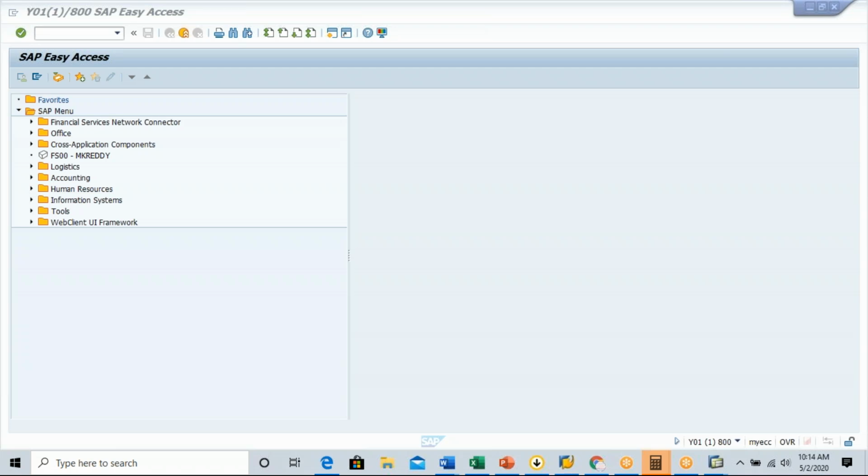What is header level data and what is item level data? Why do we have two different levels of data in the sales order? Header level has details of the sales order like sold to party, shipped to party, the amount, PO, whereas the line item has details of the material. Okay, that's good, but